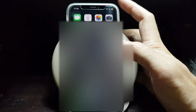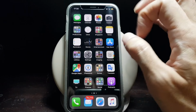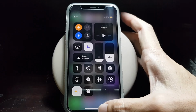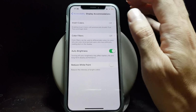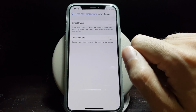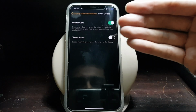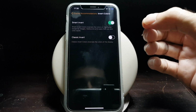Furthermore, if you spend some time reading a document or an ebook or a news website, you might want to consider inverting the screen to dark mode. For that, you can go to Settings, General, Accessibility, and then choose Invert Colors, and then Smart Invert. This will be the closest thing to dark mode that you have available at the moment on iOS, which is